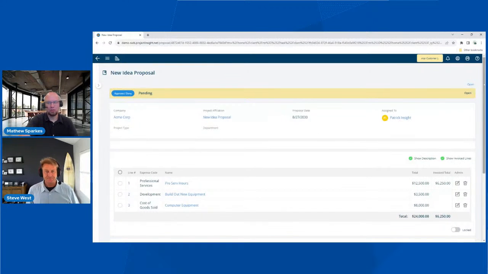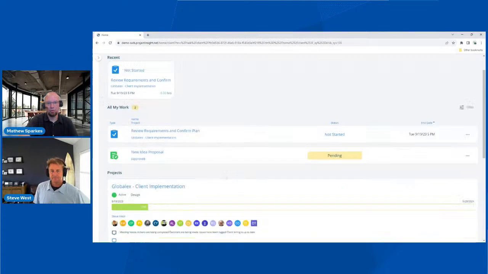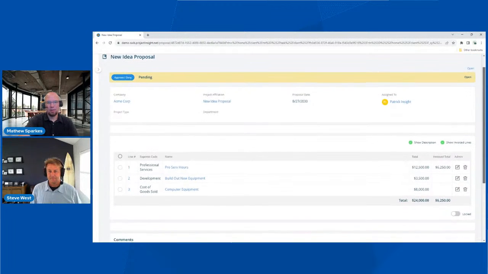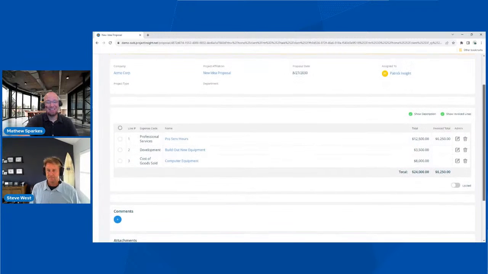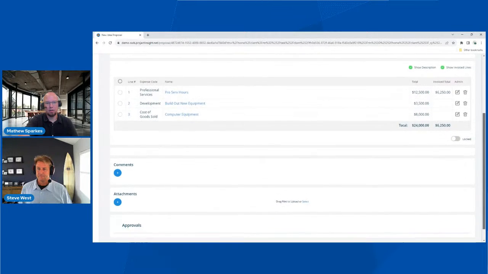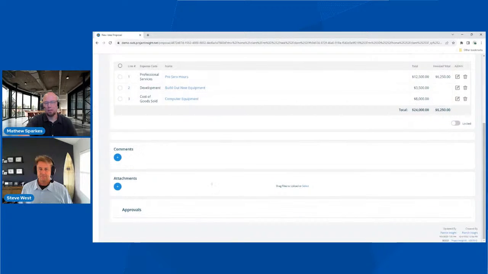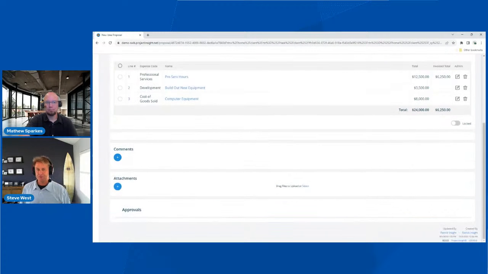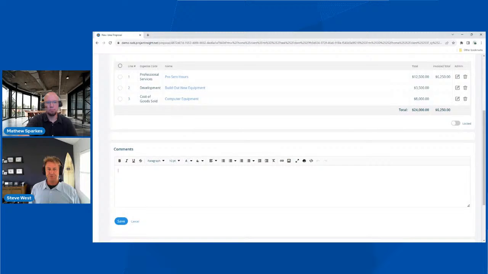Absolutely. So I've just jumped into that approval here. You can see we have this approval for this proposal. I have the ability to get in just like I did on that task level, and see any information that's pertinent to this. Obviously, this is the proposal information here, the comments, and then I can see any attachments right there. So they can write comments to you or make attachments. If they're happy with this proposal, they could click approve and it would be approved, and drop off their list